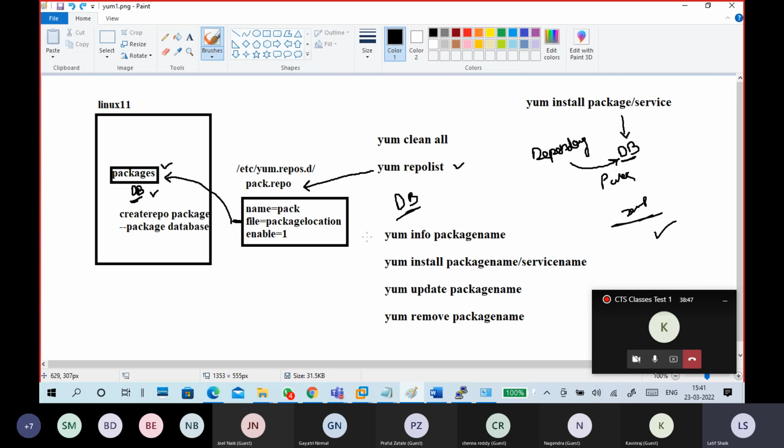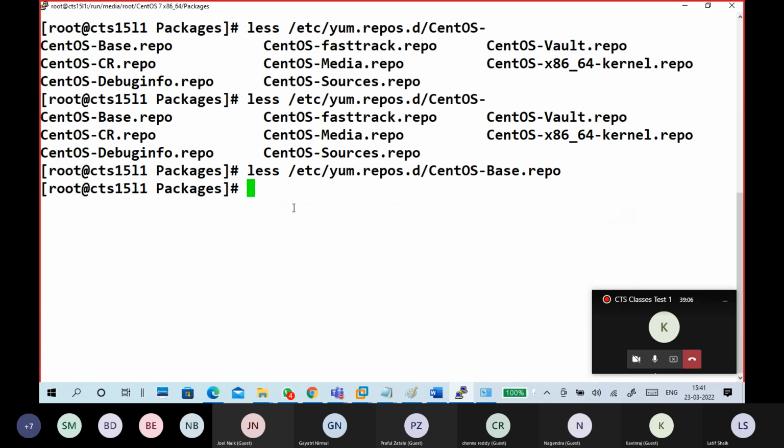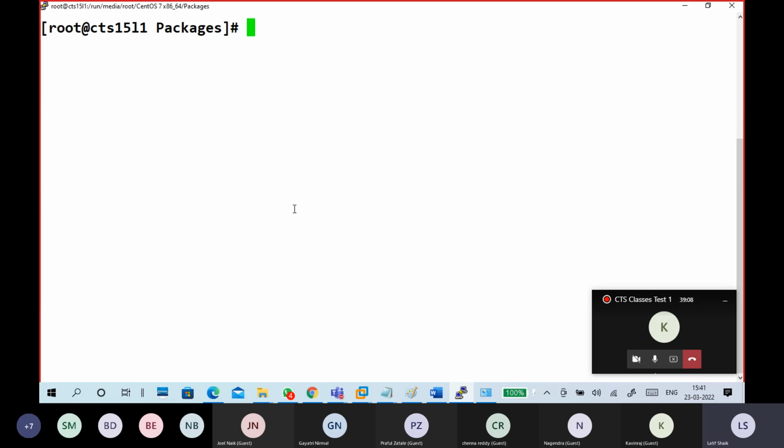If dependencies are there, then compulsorily we require this kind of stuff. To reduce the headache of these dependencies, it is more helpful if you are creating a repository database. Like this.